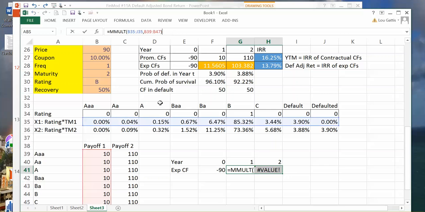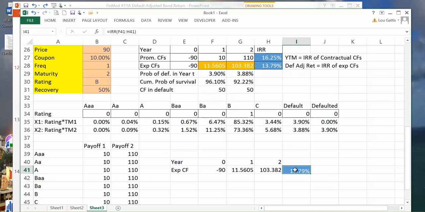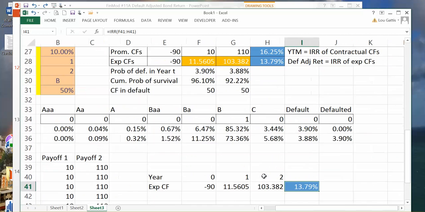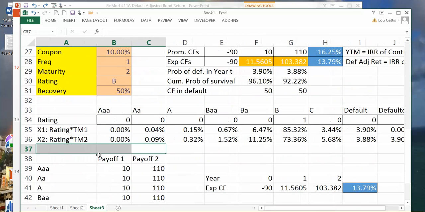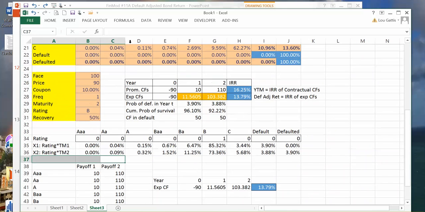I need to make sure this grabs the second transition and that one gets payoff 2. Control-Shift-Enter. And then if I just copy my IRR function here, I can calculate the expected return of the bond, and it gives me the same values above. However, the nice thing about this way of solving the problem, let me get rid of this not to confuse us now,